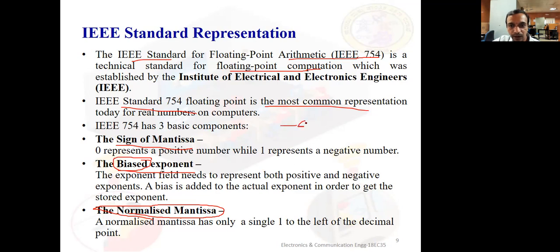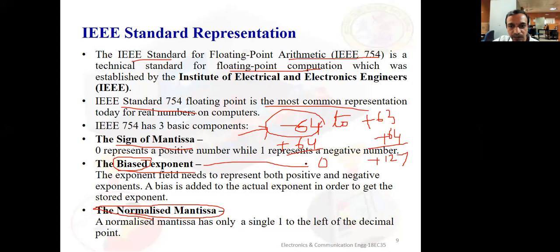For example, you are going from minus 64 to plus 63. This was the original exponent. Suppose I don't want to start at minus 64, I want to start at 0. So I'll add 64, this is the bias. So this becomes 0. Since I've added on this side, I have to add on the other side also, so this will be 127. The original exponent was this; the biased exponent is now 0 to 127. This is the easier way of doing it. You're just shifting the negative direction to the 0 origin, and shifting the positive side along with it.